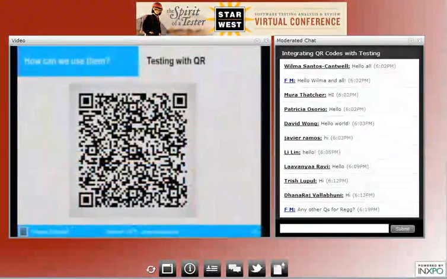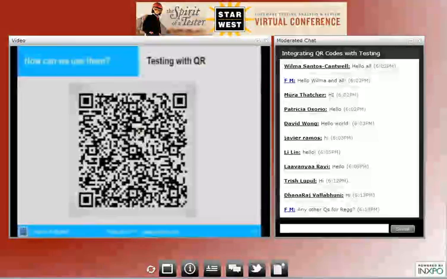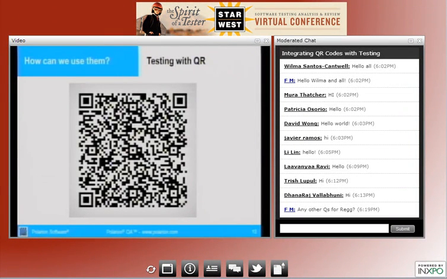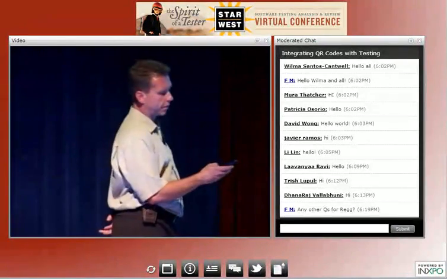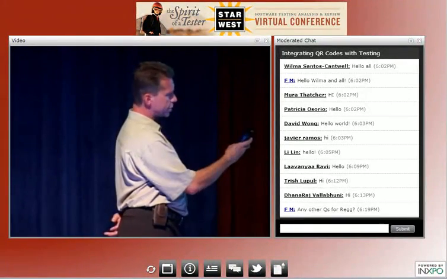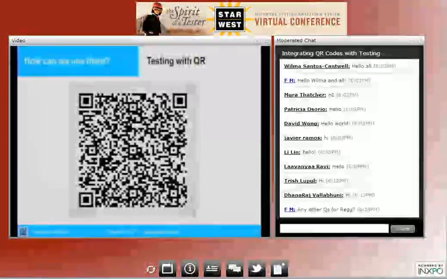This particular case is your typical QR code. I used one from a popular website that generates codes. With your mobile device, you can scan it and use your QR code scanning software. You can't see this obviously, but you would scan the code, and the end result would be